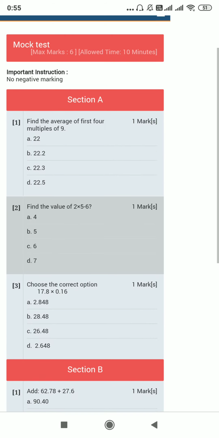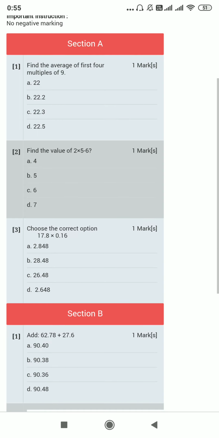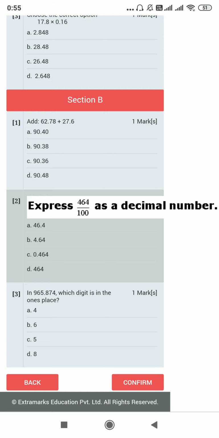Now see, the mock test instruction which I have given is coming over here, and I have divided the question paper into two sections, section A and section B. Section A has 3 questions, section B has 3 questions. Can you see that? So fully automated means here you just need to identify what kind of questions you want to give, whether objective, subjective, or paragraph based. After selecting that particular type, you just select the chapters from which you want to create the question paper. These two fields you have to choose, and after choosing both, the question paper will be auto created